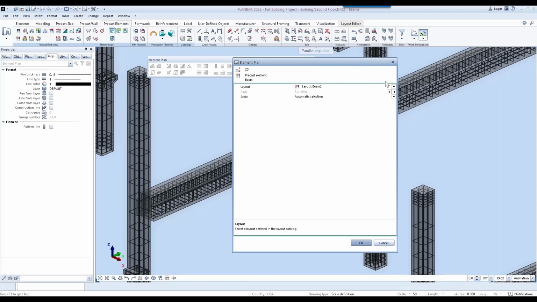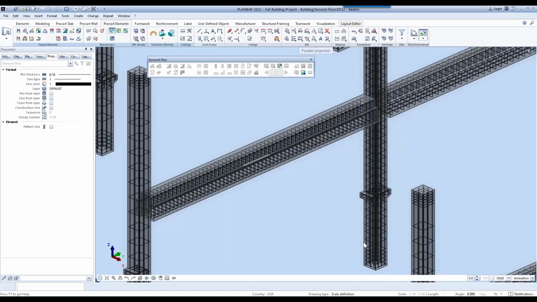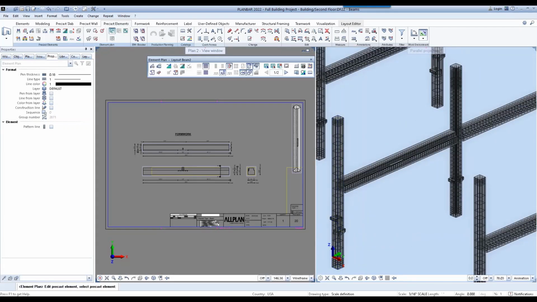Now I just have to select my beam. And then after I select my beam, I just select the layout that I want to use, or my drawing template. And then I can click OK. And voila. And just like that, you have a precast shop drawing of a beam.